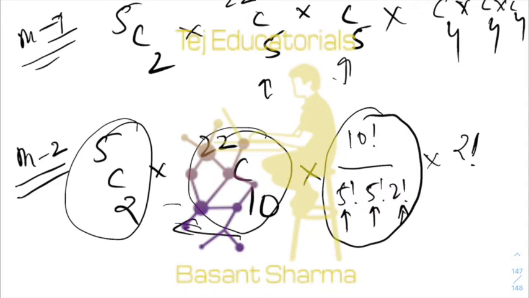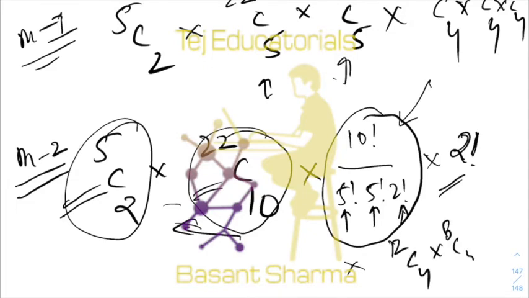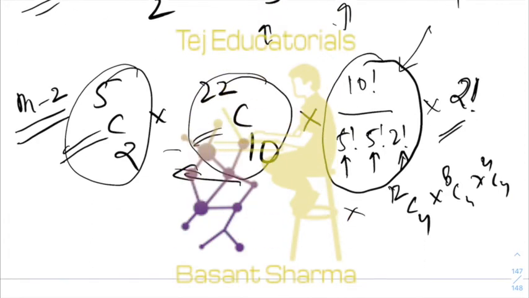So till now what I have done is, I have first selected 2 students. Then I have selected 10 books which I want to give to these 2 students. Then I made 2 groups of group size 5 each. And then I distributed those 2 groups amongst 2 students in 2 factorial ways. This we have done before, and the remaining part is the same: remaining 12 books, 12C4 into 8C4 into 4C4.